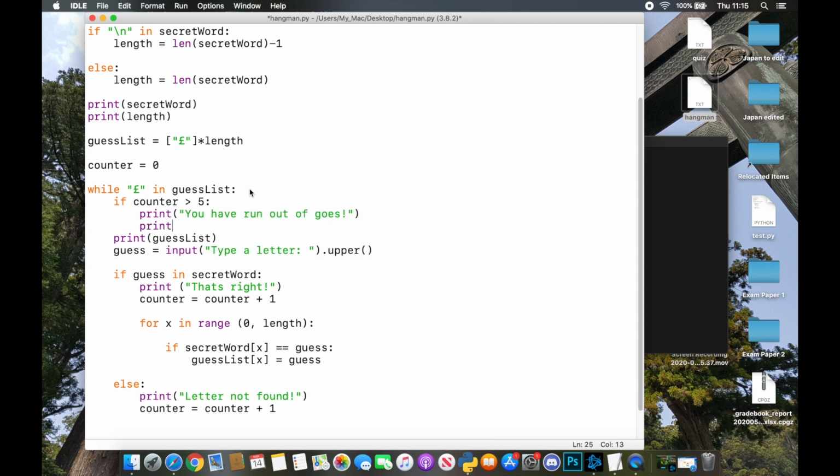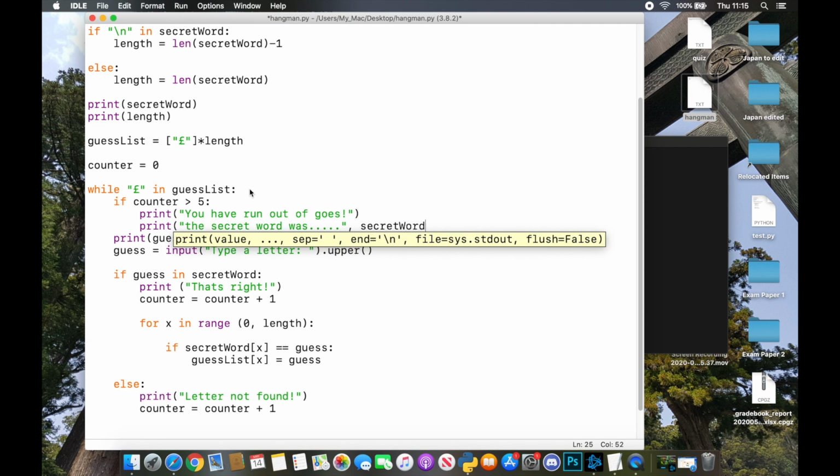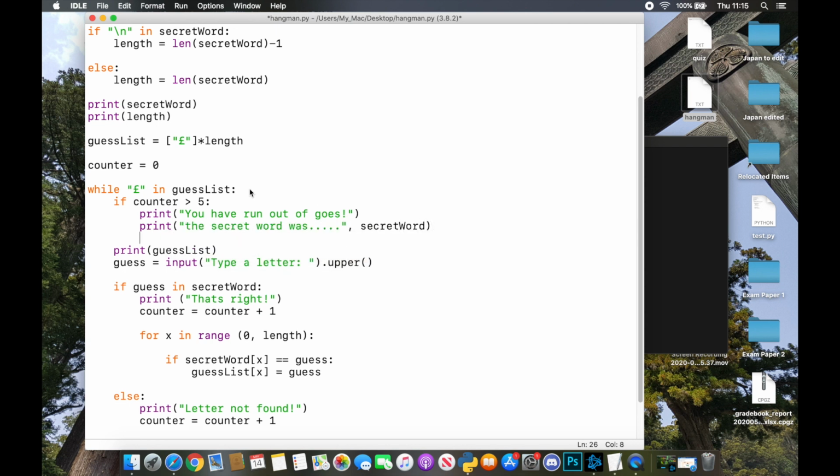We're going to print the secret word. The secret word was, and then just print it out here. And then we're going to print